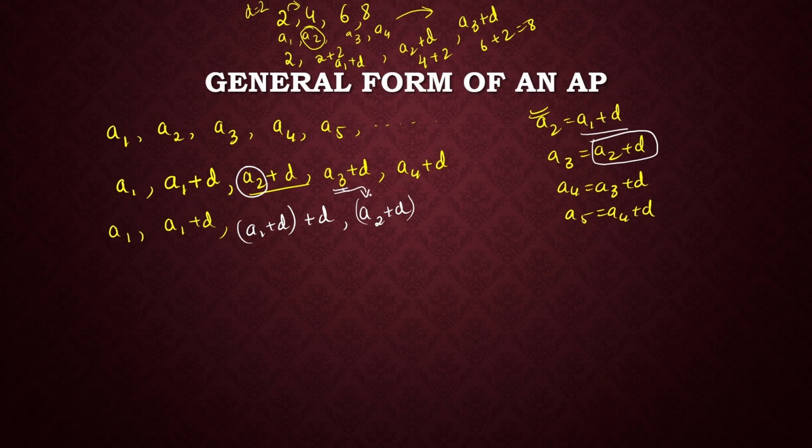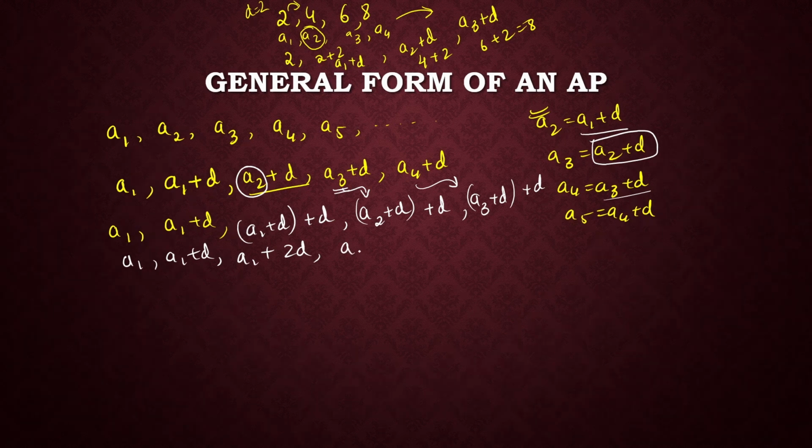In place of A3, I wrote this plus D. Now, what about A4? Your A4 is nothing but A3 plus D. In place of A4, I wrote A3 plus D plus D. So this is nothing but A1, A1 plus D, A1 plus 2D, A2 plus 2D,